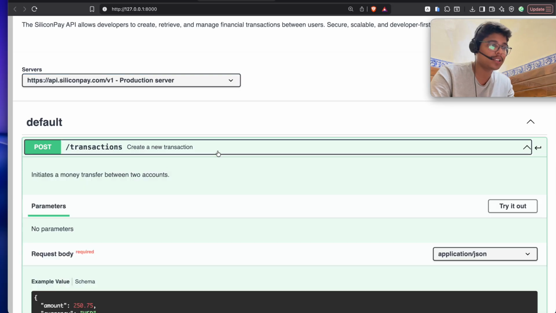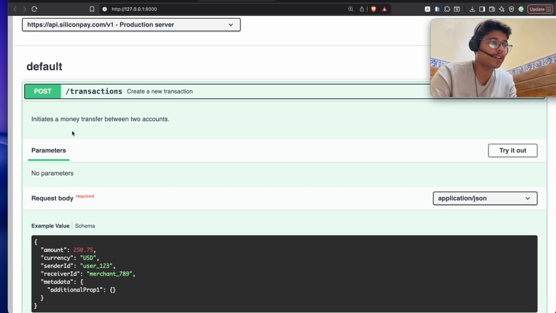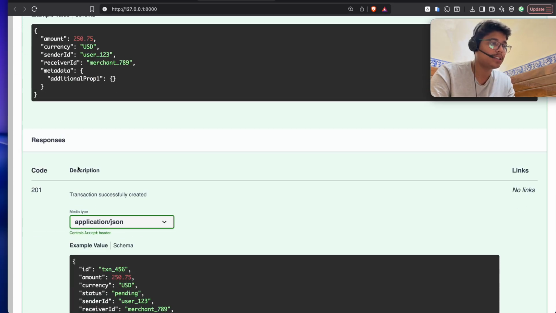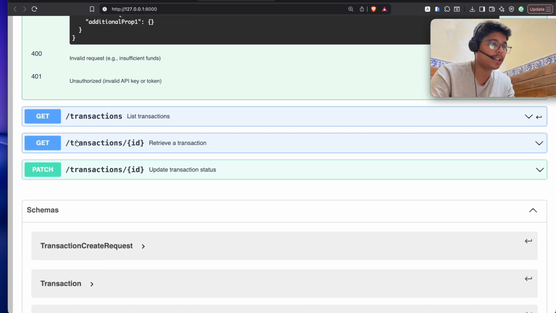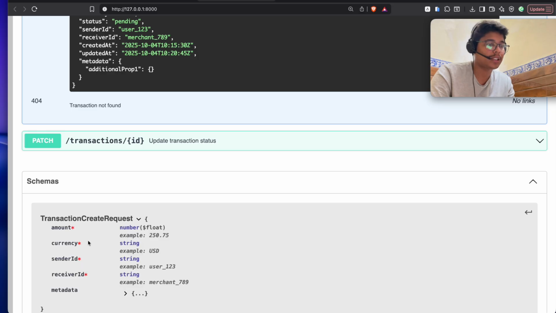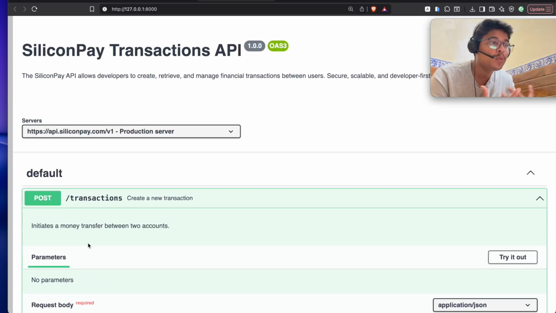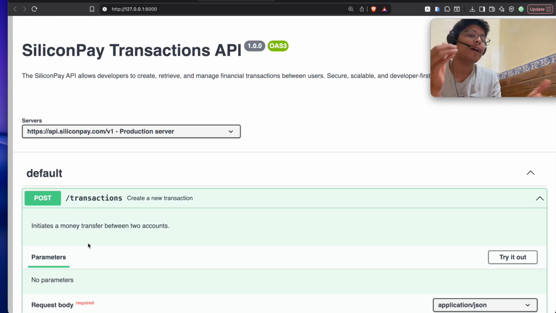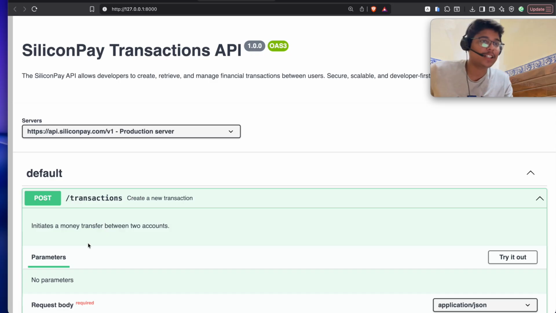You can see this is the API that I created for transacting money, and this is the response, and this is the GET, basically everything. This is the schema that you can see, so it makes the work much easier. Now you can share this with anyone, they can check it. But developers will say, we can share it, I have no doubts, but how does it make my work easier?